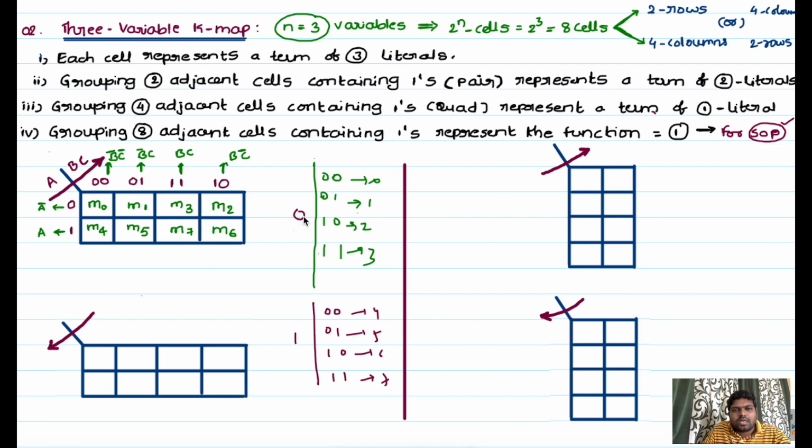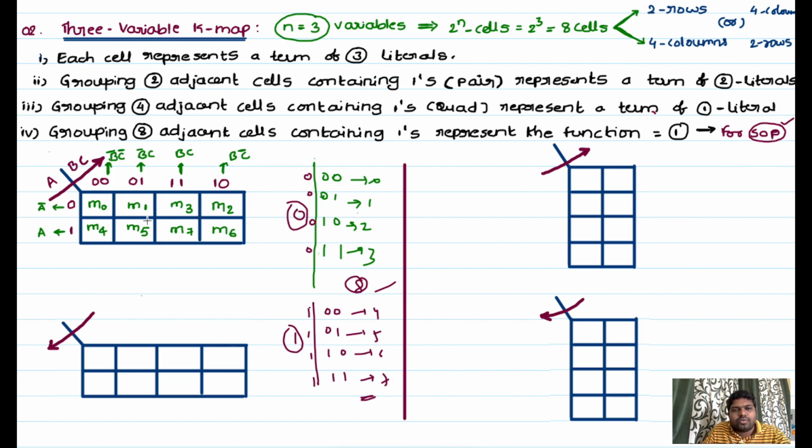Okay, for all these the common element is 0, right? 0 1 2 3. For all these elements, 0 is the common element. That means 0 0 0 and 0 0 1 and 0 1 0 and 0 1 1. Okay, that means you can add here 0 0 0 0 and here you can add 1 1 1 like this. Now you will get the sequence from 0 to 7, a total of 8 possible combinations because of these 3 variables, right? So like that you can assign. So the sequence is very very important.